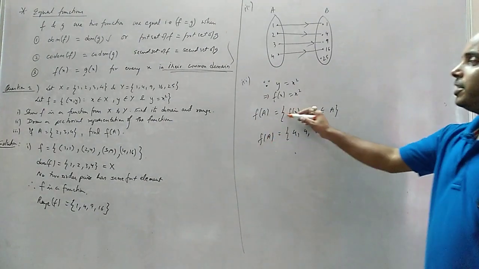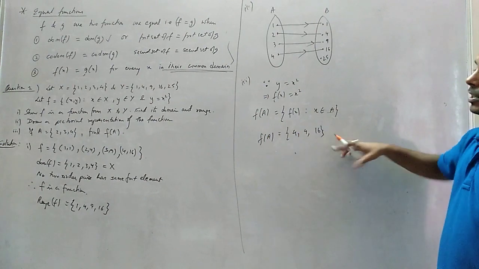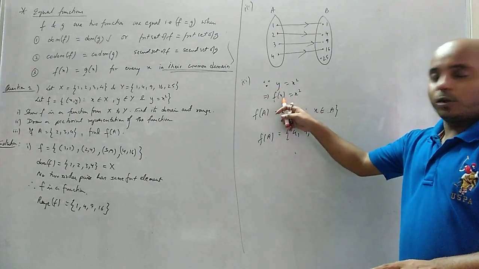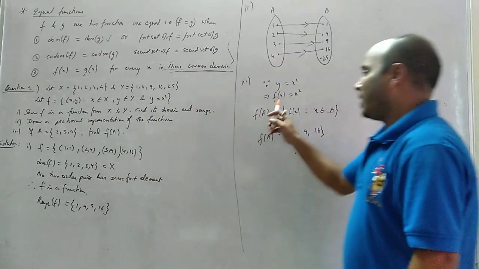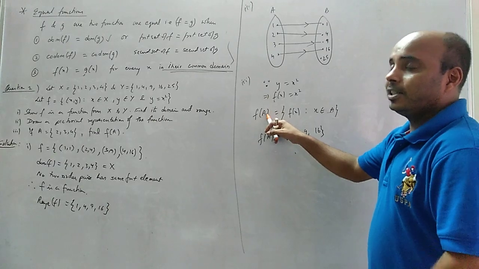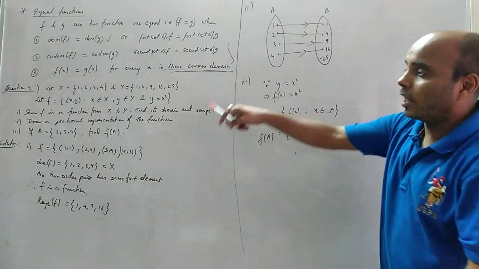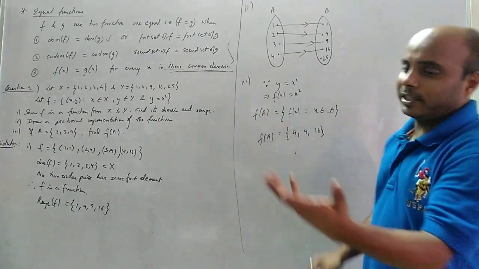Now if you don't write this statement, it's correct, no problem. If you write this answer directly, that is also correct. सिर्फ यहां से समझ में आना चाहिए कि y को f of x बोलते हैं और यहाँ पे f of A मांगा है. That means in the place of x we will have A. A is a set. In the place of x, we have to substitute the elements of A. So एक बार x 2 डाल दो, एक बार 3 डालो, एक बार 4 डालो. Directly write this. You don't write this statement. It's okay. That is also correct.